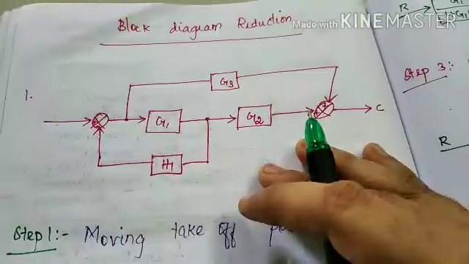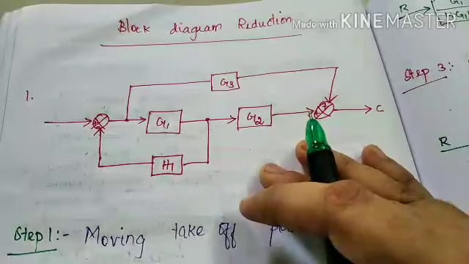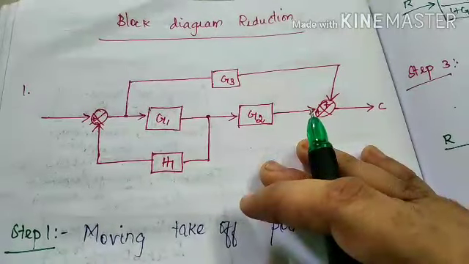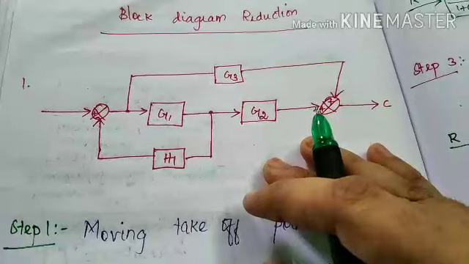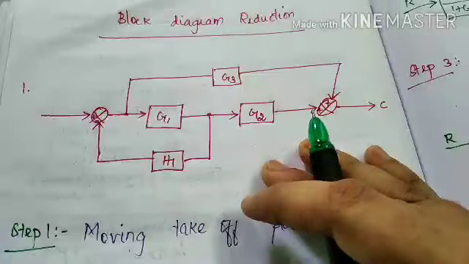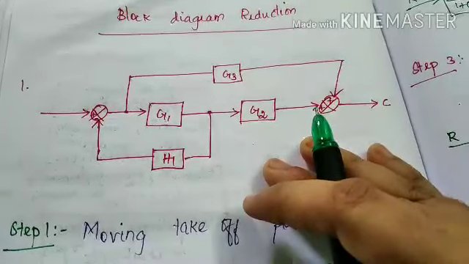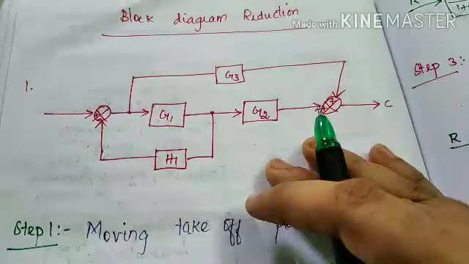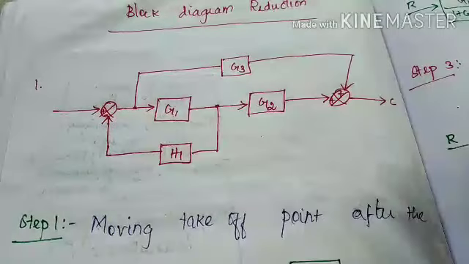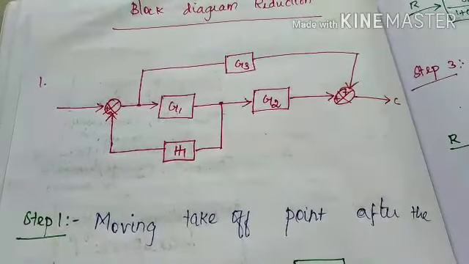In this session I am solving some basic three examples related to block diagram reduction, how the block diagram can be reduced to find the transfer function, right? This problem is somewhat lengthier, so they won't ask such lengthy problems in our competitive exams, but some rules alone they will ask. How to apply those rules?